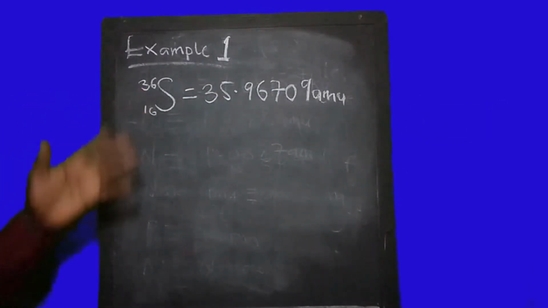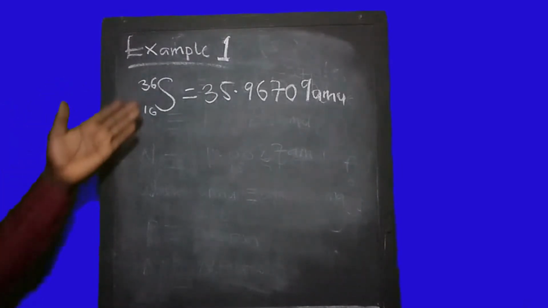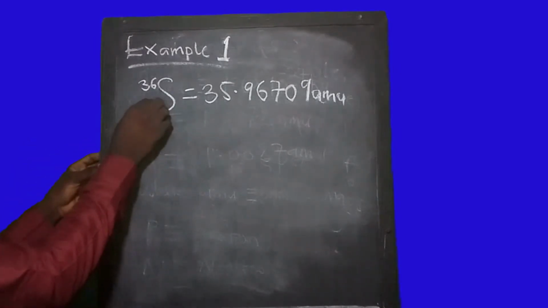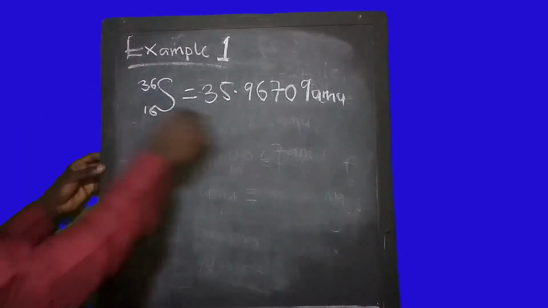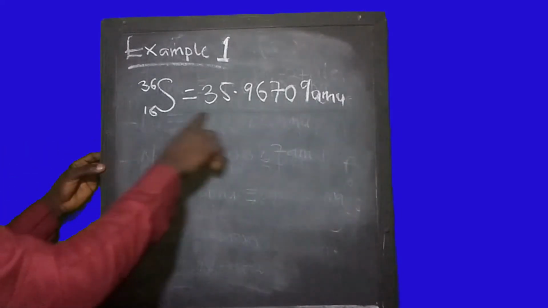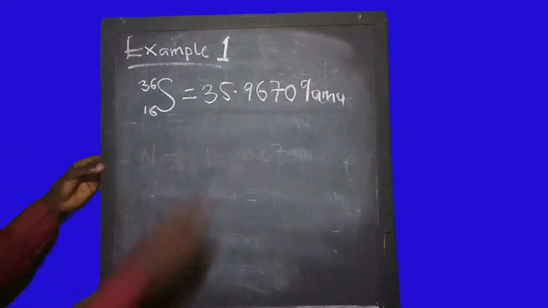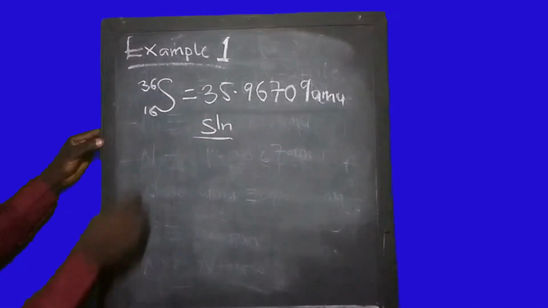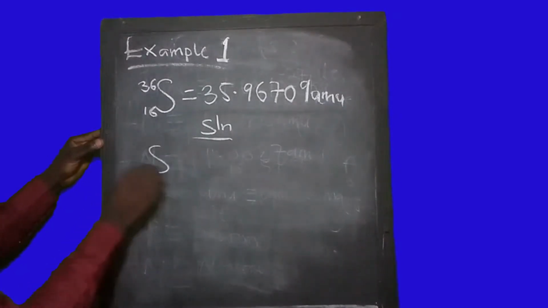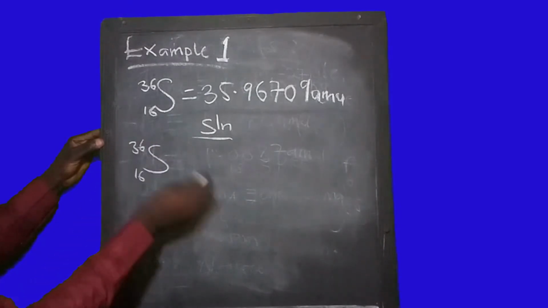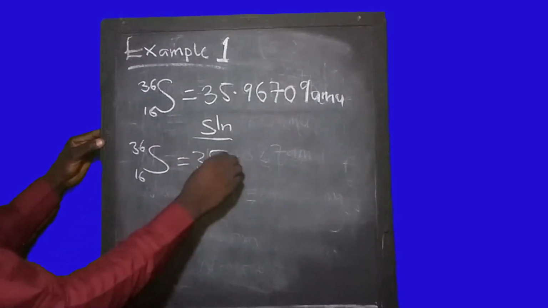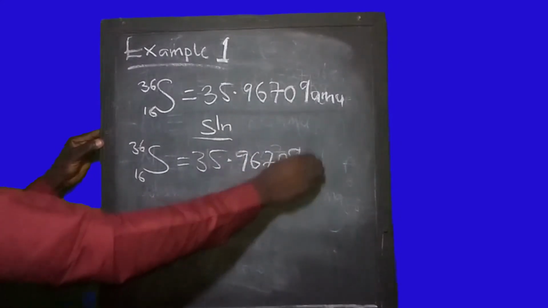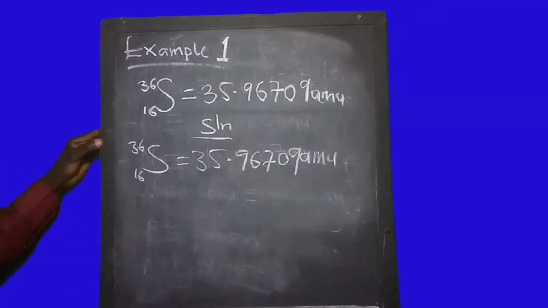So this is how the question is given. You will be asked to calculate the binding energy of this atom. Here we have sulfur as our atom of element. Here is our constant value given in the question, that is the atomic mass of this sulfur, 35.9670 AMU. So first of all, when you write the solution, after you bring down your question, then